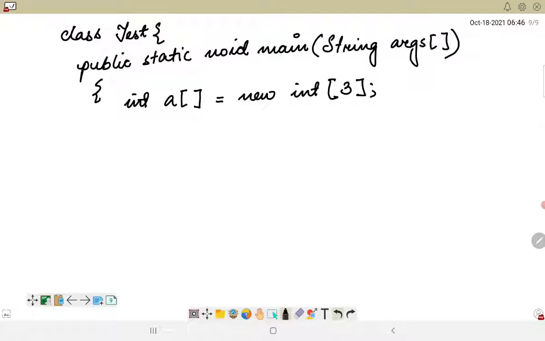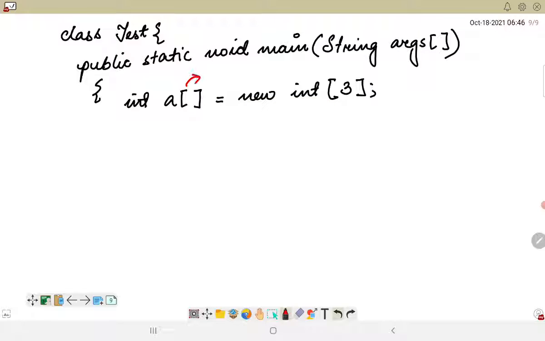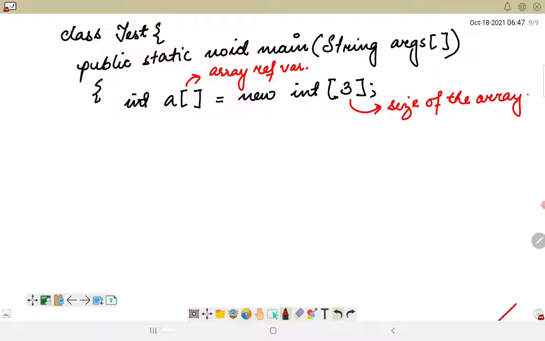Here this is basically the array reference variable. The new keyword is this. And this is the size of the array. That means it is capable of holding 3 different elements.